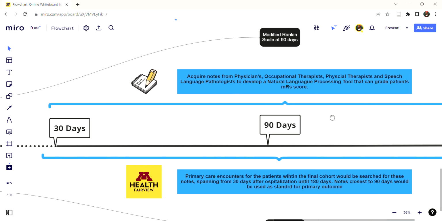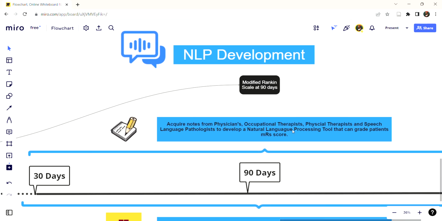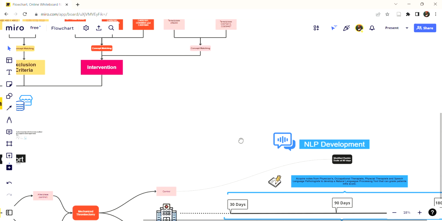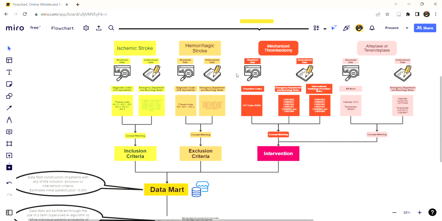One of the other goals for this project is to automate the process of grading the patients on the modified Rankin scale. So we want to develop a natural language processing tool to do that, and we're going to use a myriad of health encounter notes to do that, and I'm going to talk a little bit more about that at the end of the explanation. But let's go